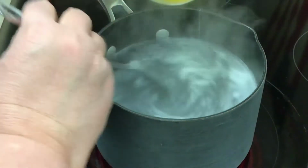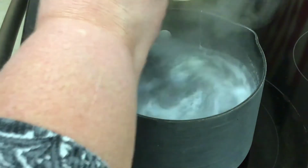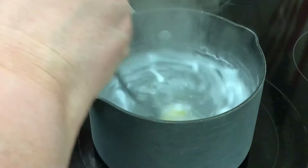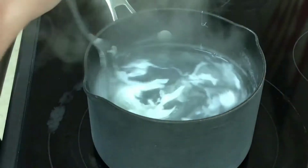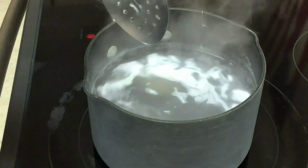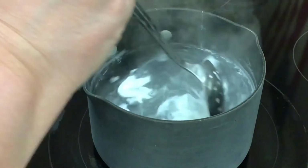So once again, we're going to swirl. Get a good circle going. Create a vortex. Slide the egg into that swirling water. Keep the water moving. That moving water helps the thick white of the egg to stay right up on the yolk and cook a